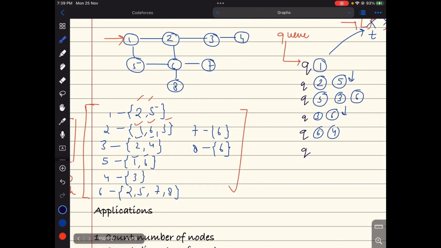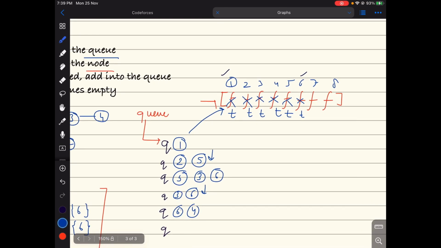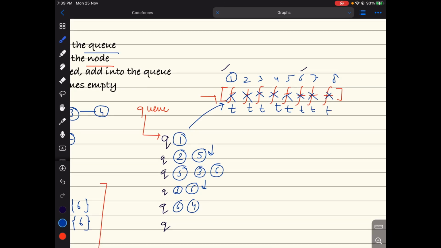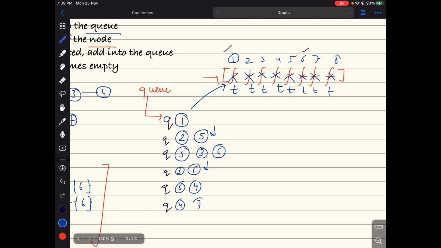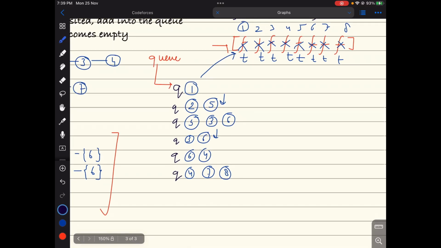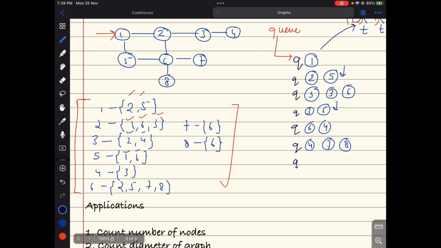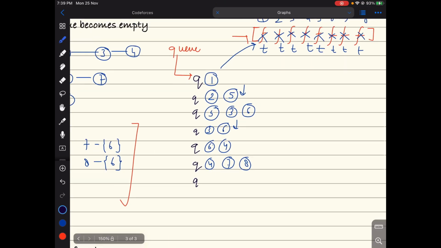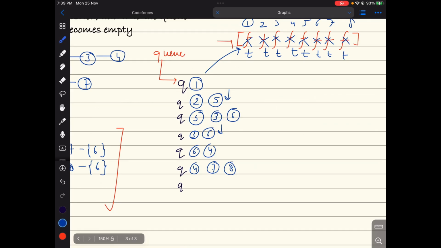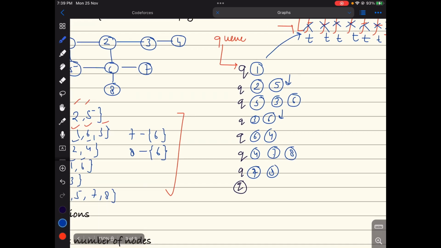Now I will go for 6. 6 has 4 neighbors, 2, 5, 7 and 8. You can see 2 and 5 are already visited, so I just need to add 7 and 8. So the queue is 4, 7 and 8. Now I will check for 4. 4 has a neighbor 3 that is visited. I will just remove 4 and keep 7 and 8 in the queue. And similarly, 7 has one neighbor, that is 6, that is visited. I will keep only 8 in the queue,